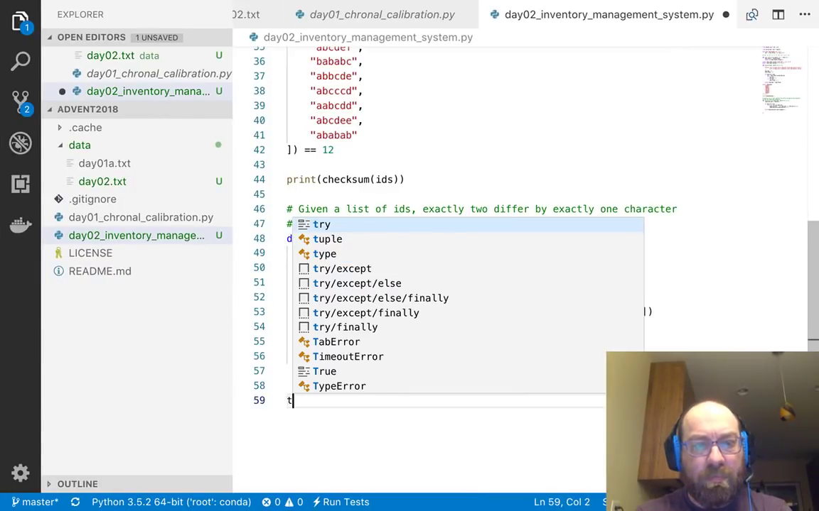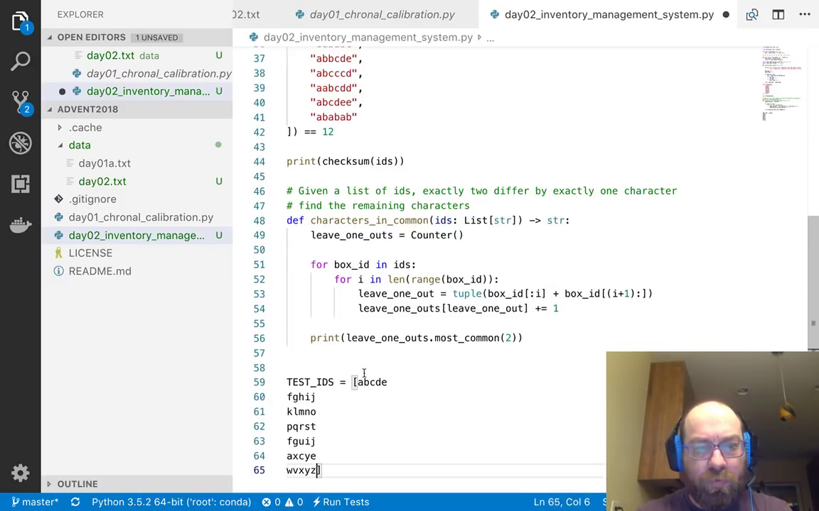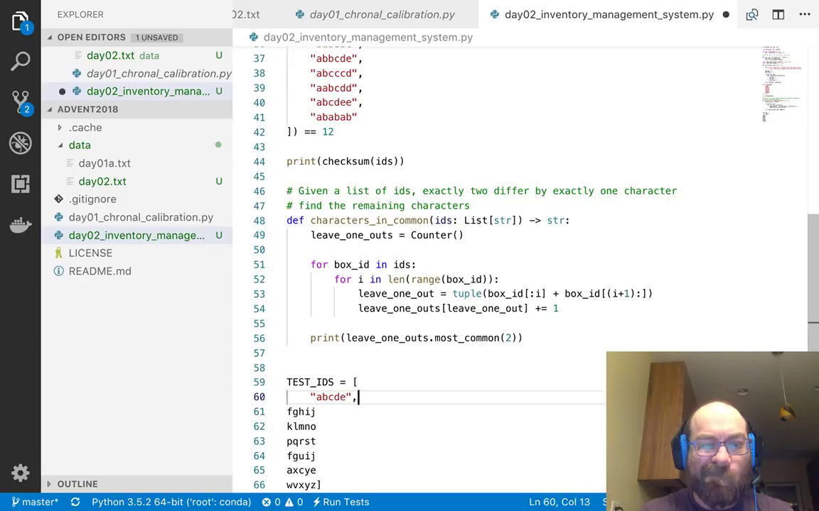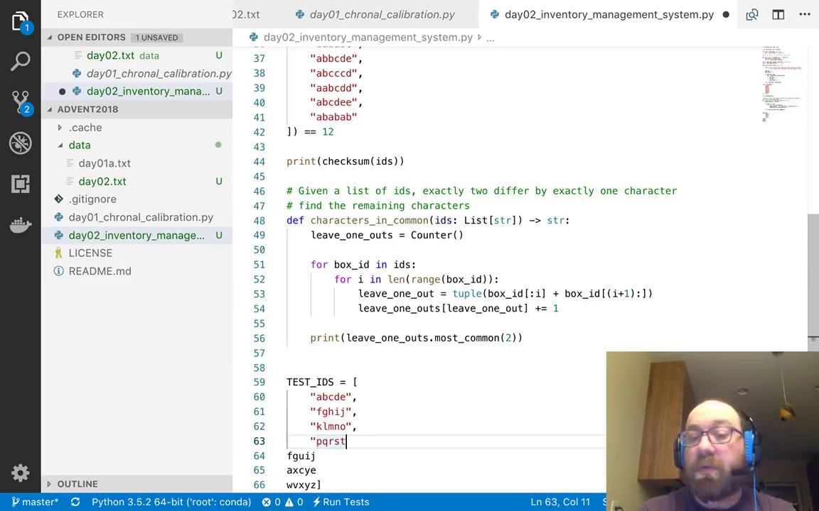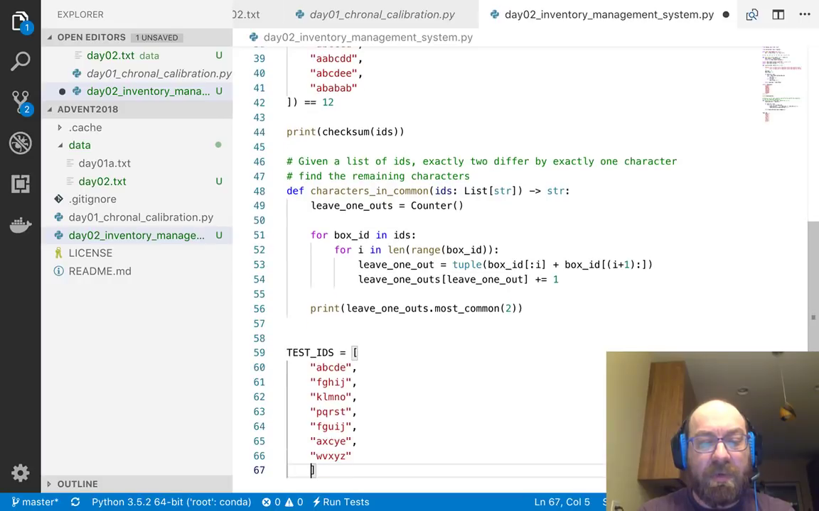You know, test IDs equals. So this probably would have been simpler to just do the double loop. If this were a job interview, I would say, hey, there's an n squared solution, here's what it is. Do you want me to code it, or do you want me to just jump to